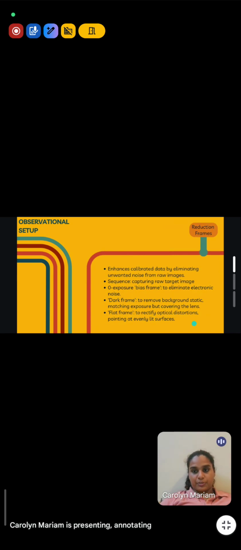And you have your reduction frames. Now, reduction frames are, I would say, one of the most crucial parts of setting up your observational system. Now, reduction frames are used to give your telescopic screens or lenses the sort of getting-used-to part of it. Okay. So one simple example is